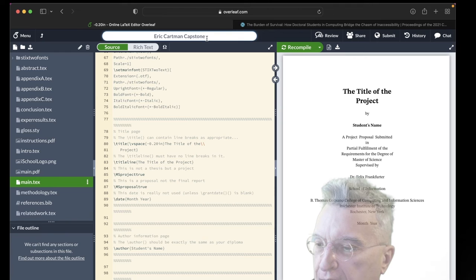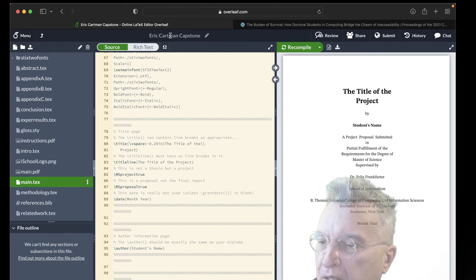And now it'll appear that way in my menu. And this part, the title of the project, appears here, the title of the project, by student's name, and student's name is right here. So let's change those. Let's change the title of the project to